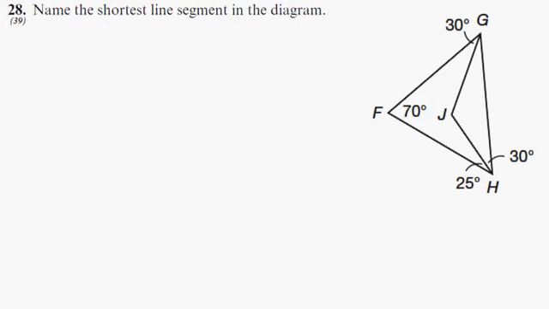First of all, do you know the big triangle, triangle FGH? Do you see that we could figure out what this little missing piece is because we have all the other measurements. So we know that angle F is 70. We know that angle H altogether is going to be 55. And we know that part of angle G is 30, right? So if we know all of that information, that plus angle